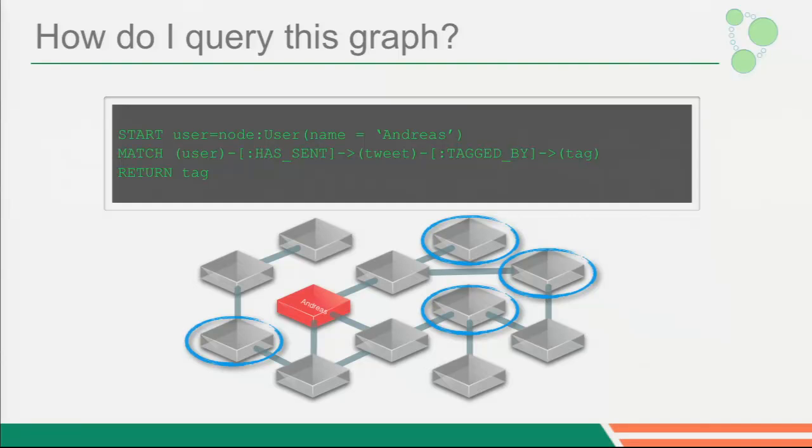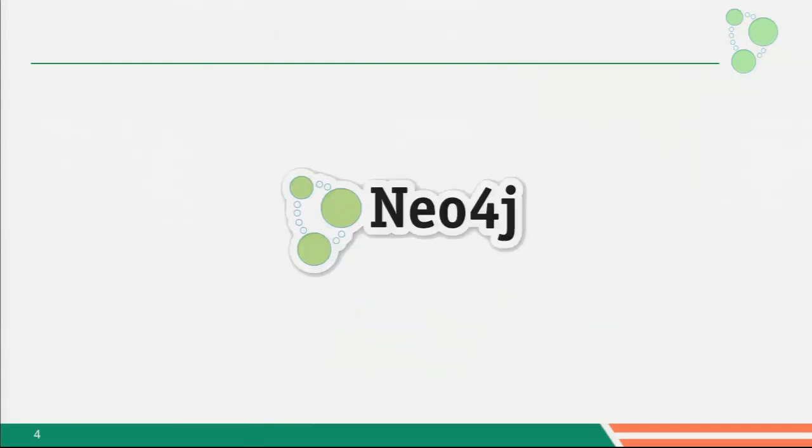Very simple way to express a connected data query. And Cypher includes a lot more bells and whistles. For example, the query that we talked about before, arbitrary path length, you just describe with a little star. Or you can say, give me all the nodes that are connected to Andreas via has sent relationships either one hop away or two or three. Then you just do 1..3. So it's super simple to express fairly complex things that would take a lot of time to describe using SQL. So that's the Cypher query language.